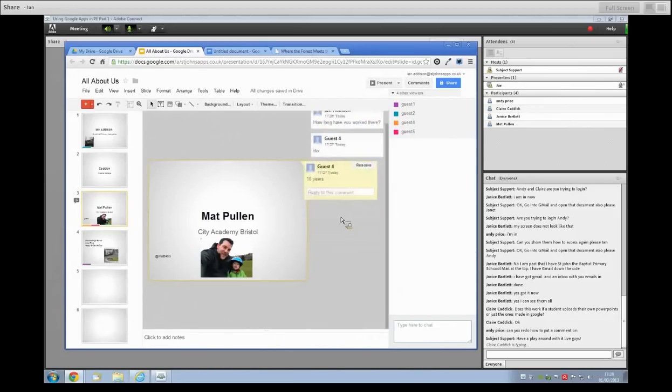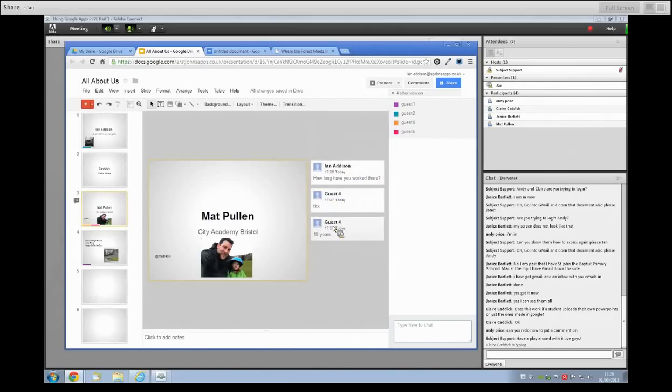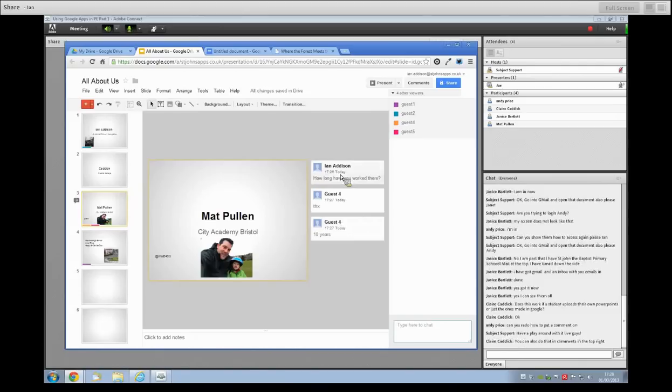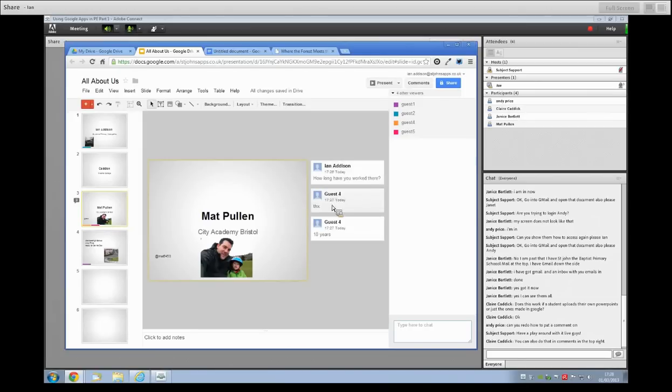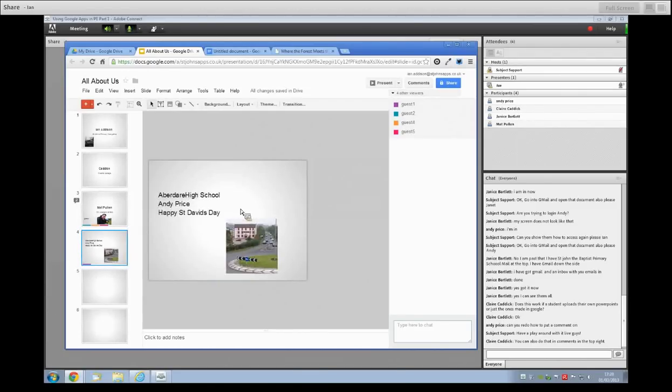Now, it looks like on here, Matt's actually gone on and put a new comment. Matt, if you click on one of my comments, you can actually put a reply straight underneath it. Because it looks like there's 3 different comments. I can resolve that one. That's done. Get rid of that. Someone could actually go and put a little thing underneath. So if I click on here, Happy St. David's Day. Now I wonder,